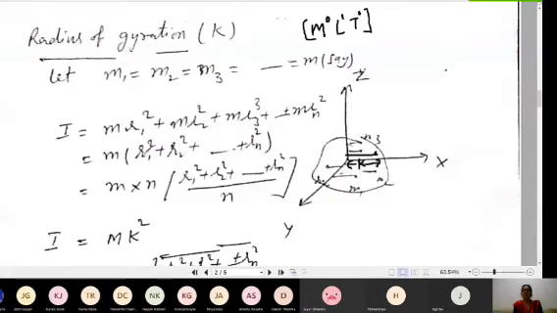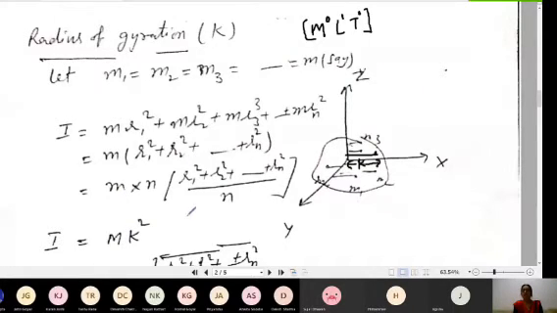Now if I say that there are n such particles, n being the number of particles, then if I multiply and divide by n, I get m into n equals R1 square plus R2 square plus so on Rn square, divided by n. That is not making any difference in the term. Now if there are n particles of each mass small m, that gives me the total mass of the body. It means capital M is the total mass of the body.